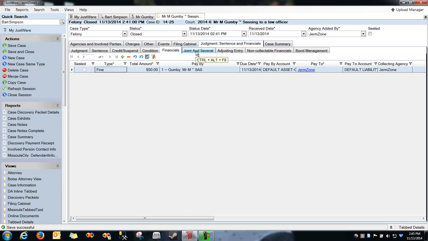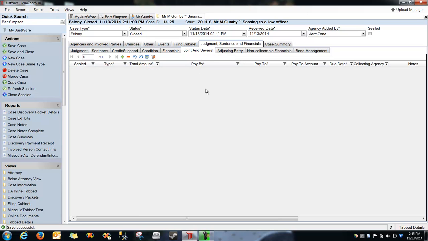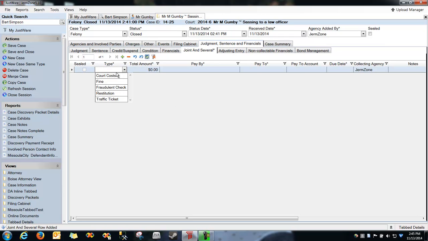Joint and several goes back to the situation we discussed about having co-defendants. So you and your buddies go out and you vandalize someone's property and you have $1,000 in damage. Let's say 3 of you are found guilty and the 3 of you need to pay $1,000 together. What this will allow you to do is say that you guys have to pay $1,000, and who is it